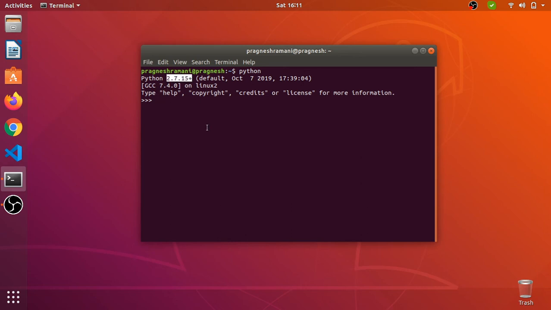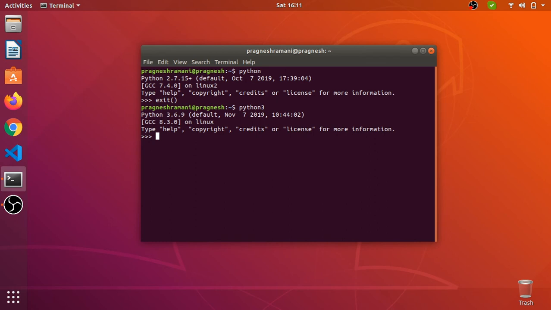And if you want to access Python 3, then you need to write it like this: python3. Then it will give you access to Python 3 and you can use the functions of Python 3 by using this python3 command. Okay, so this is basically a